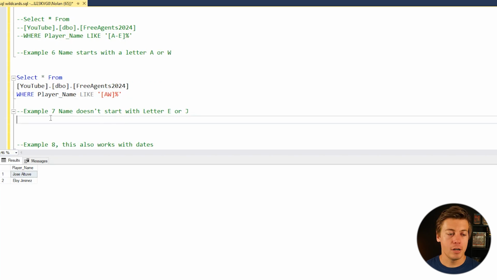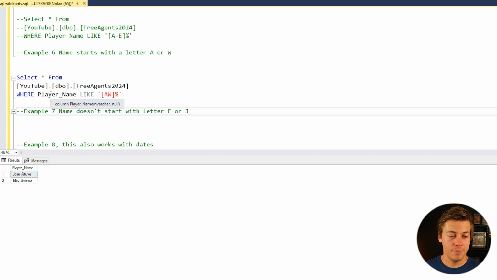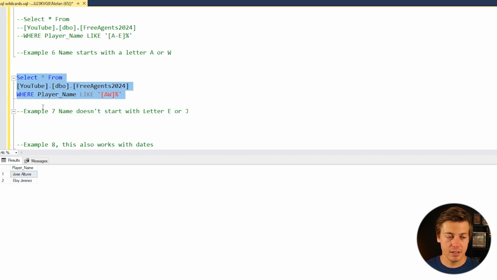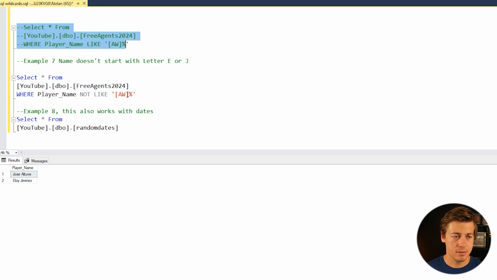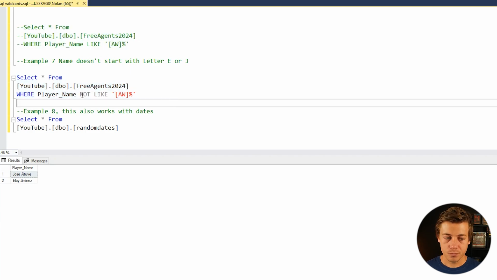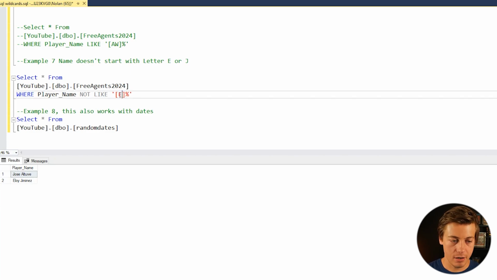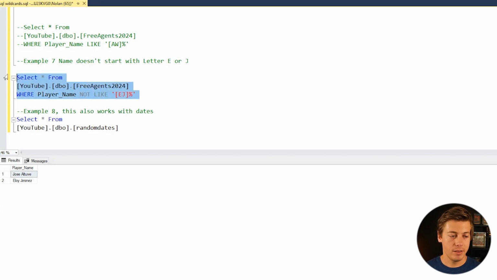In our last example, we're going to look at name that does not start with E or J. So kind of like the opposite. And there's 2 different ways that you could do this. I'm just going to copy this like that. The first way that you could do is not like, which is the opposite of like. Also should comment this out. So what this will show is the opposite of stuff, right? So does not start with E or J. So if we put over here E and J, and then we run this, it's going to show everyone else,